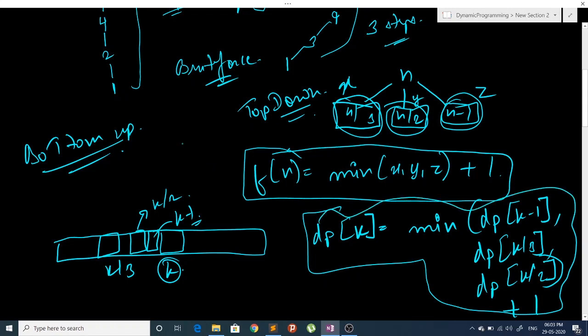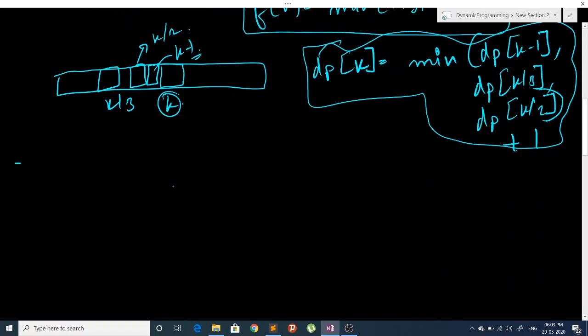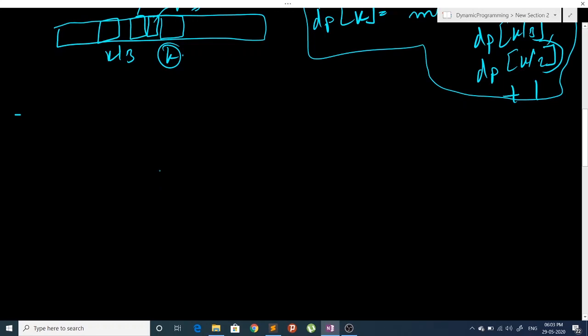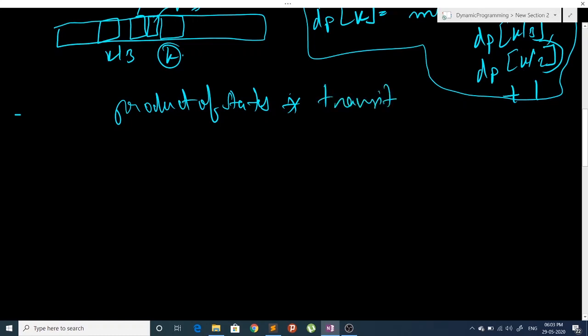Now what will be the complexity of our solution? The complexity of any DP solution is the product of the number of states times the complexity of the transition.